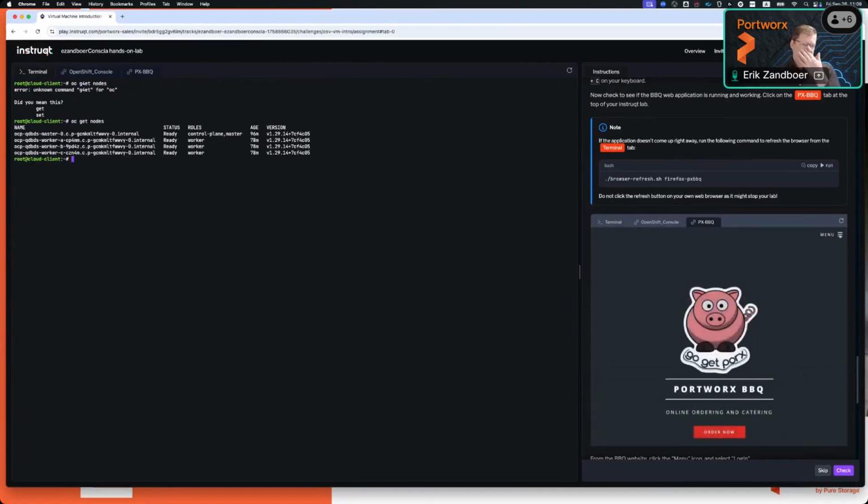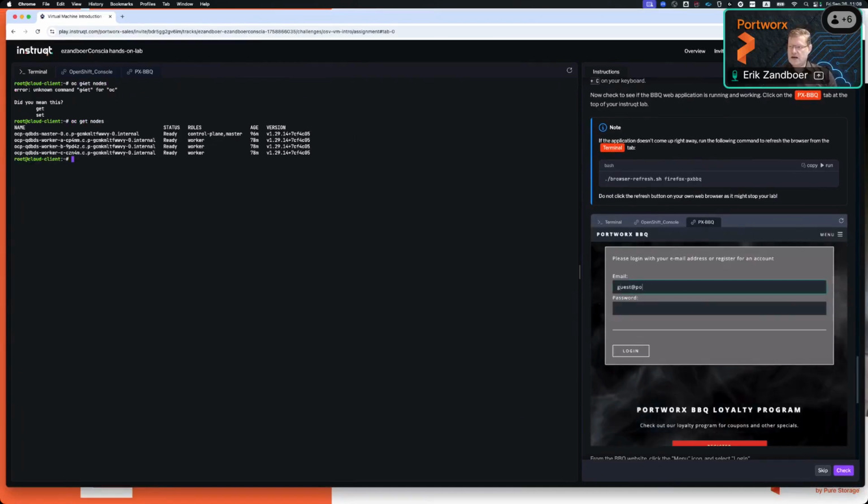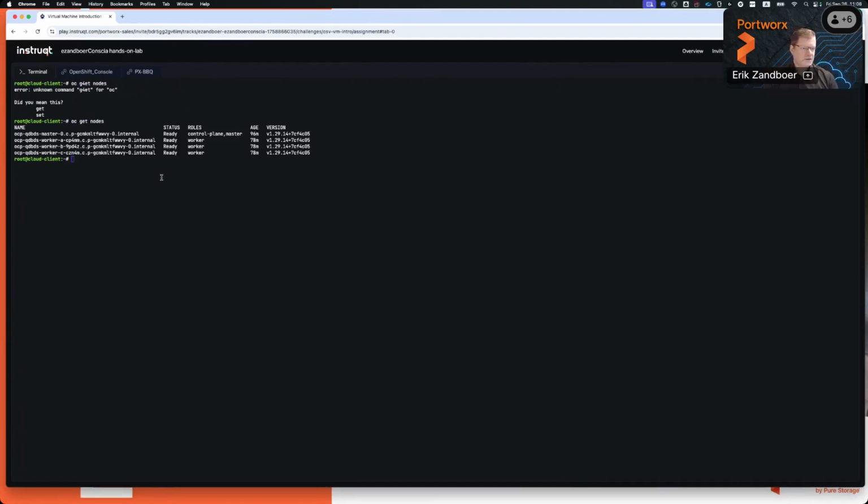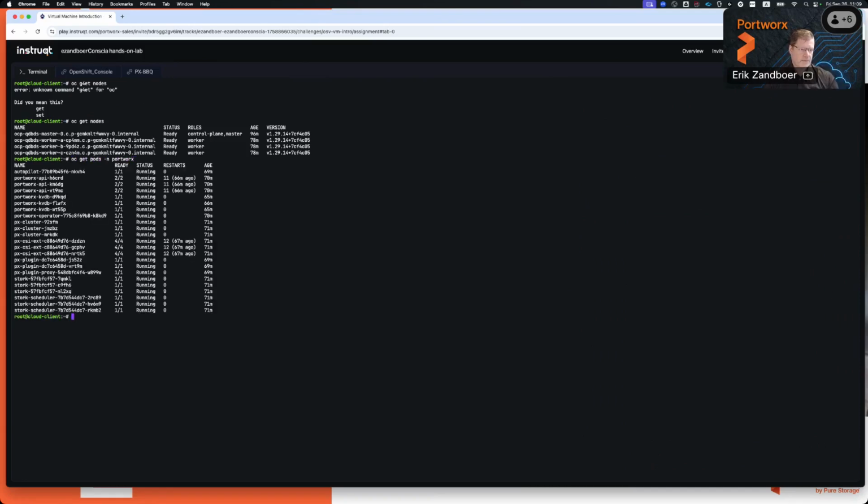Yeah, there we go. So you can see it's a tiny little lab. I've got 1 control node, and then I have 3 worker nodes. We do have Portworx installed, so if we were to get the pods from the namespace Portworx, there's a lot of stuff here. You can see Autopilot is running in here. You can see some API that's basically just handing it through. We have the KVDB, which is our etcd, and then several other components.